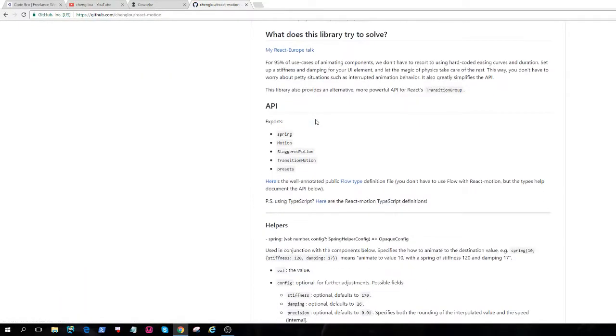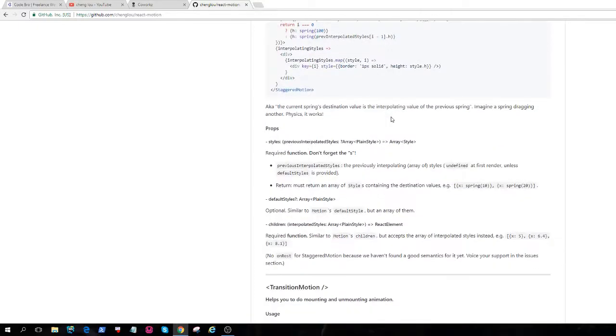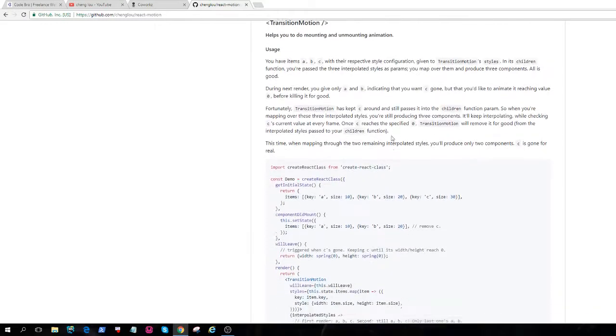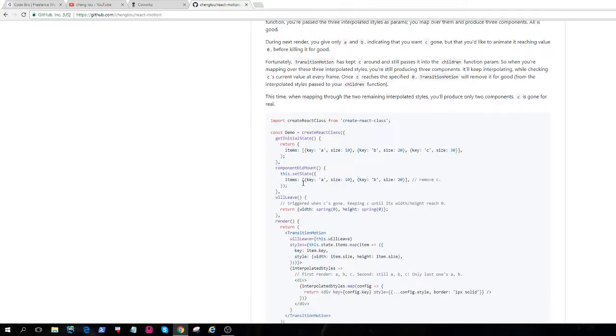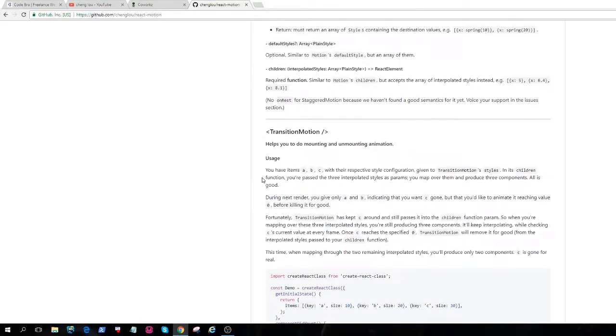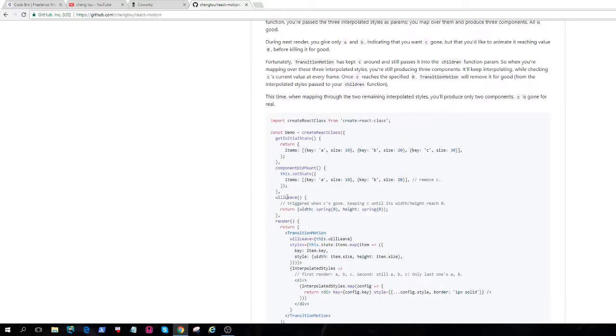And what else we got under the hood? Well, not under the hood, above the hood. TransitionMotion. Now this is a very React specific thing. TransitionMotion is basically like when something mounts or unmounts, you can give it an animation like a fade in or a fade out. I've already done a video on this regarding how you can do that with transitions. Honestly, I prefer to do these things with transitions because normally I'm just doing fade-ins and that kind of thing, but this is pretty cool because this will give you very direct access, I guess you'd call it an API, to